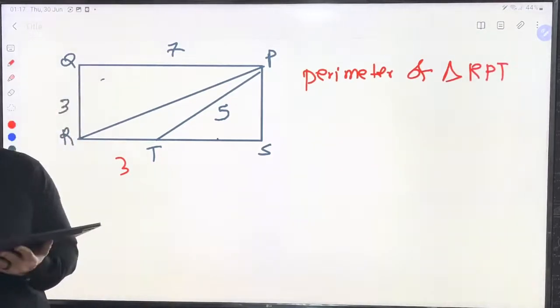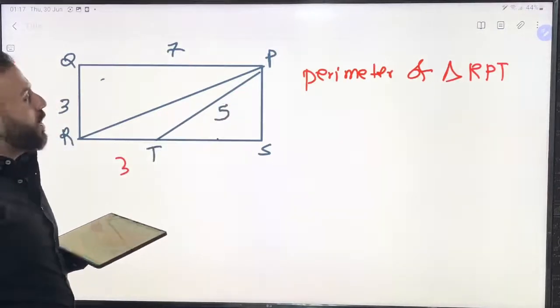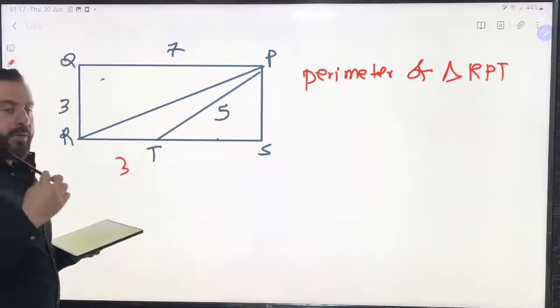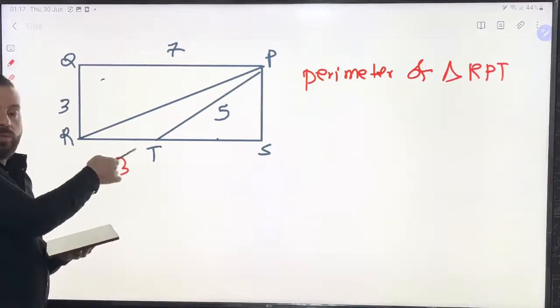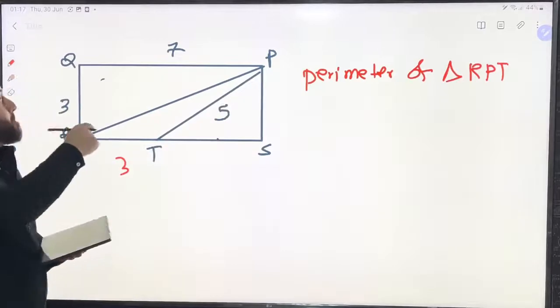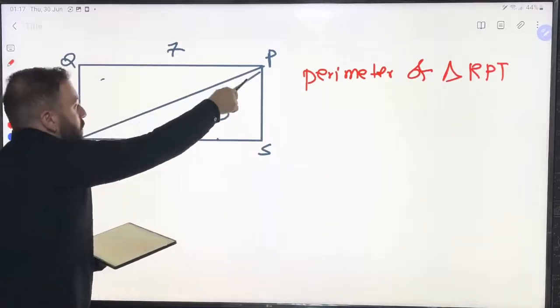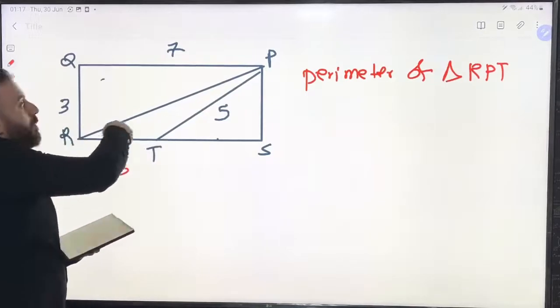Okay, for question 4 now, the same question, same drawing. I want to find the perimeter of the triangle RPT. In the previous question, we already proved that this is equal to 3 and this is equal to 5, right? So for this part, I want to find the perimeter, which is this side plus this side plus this